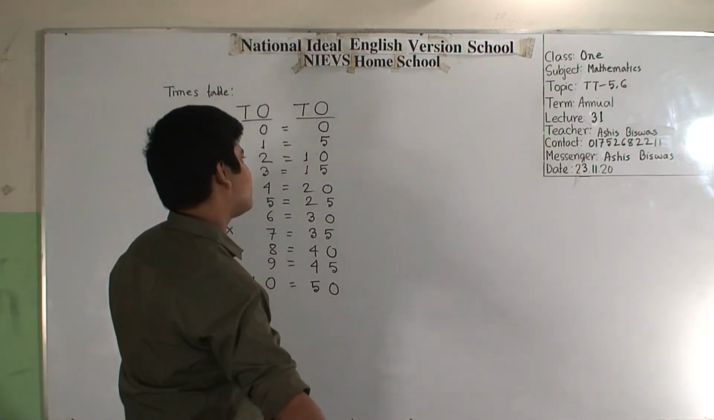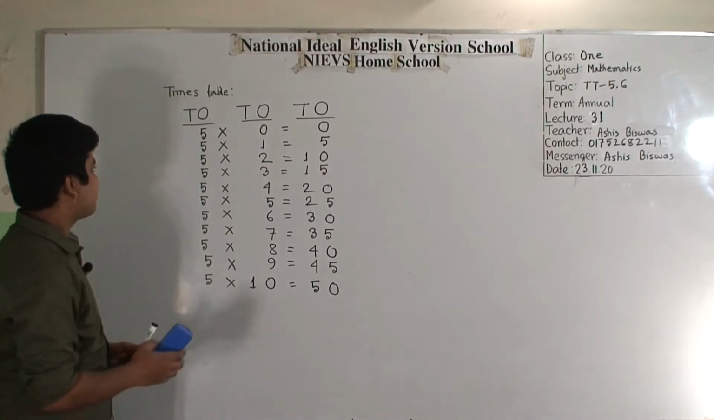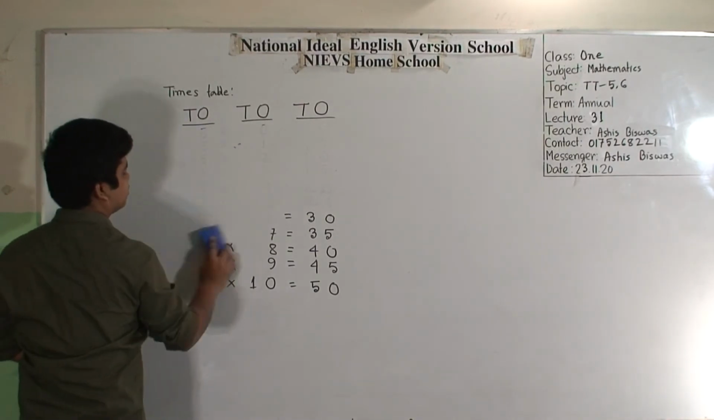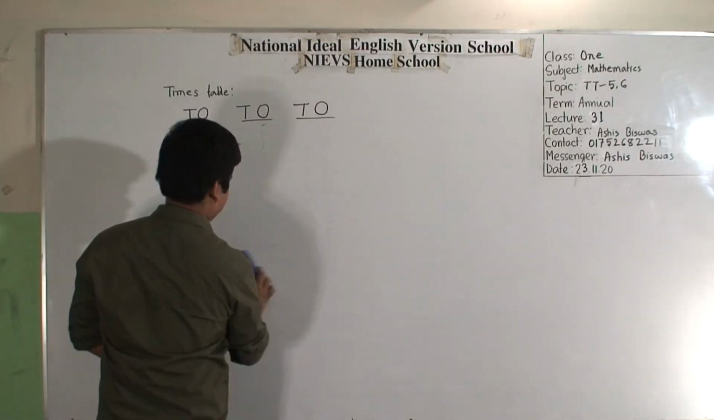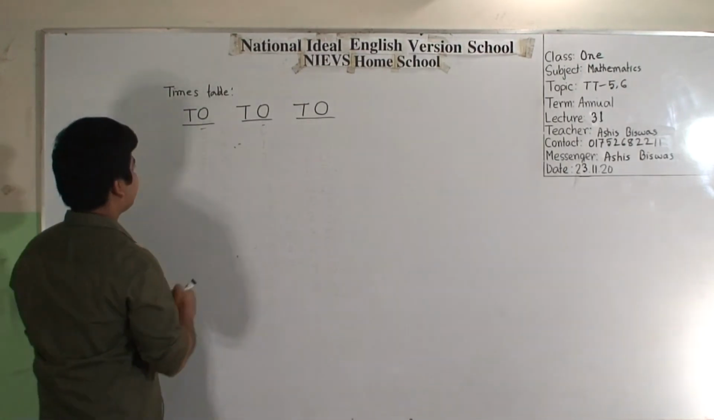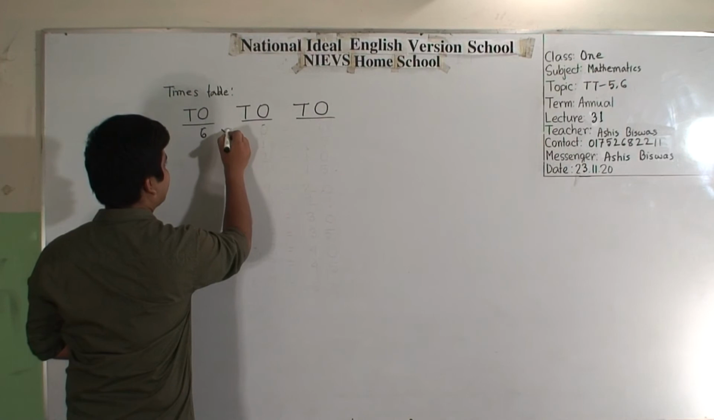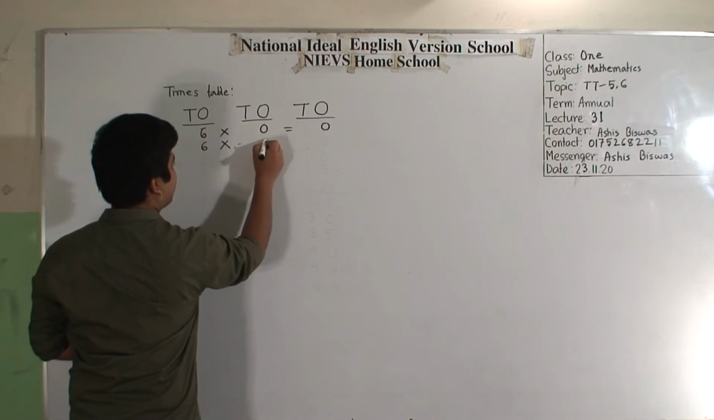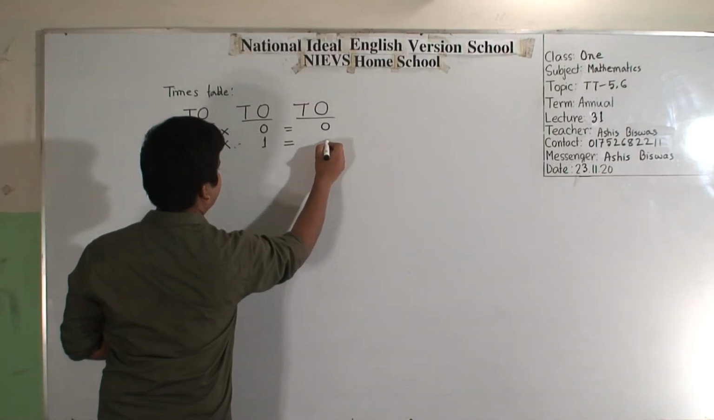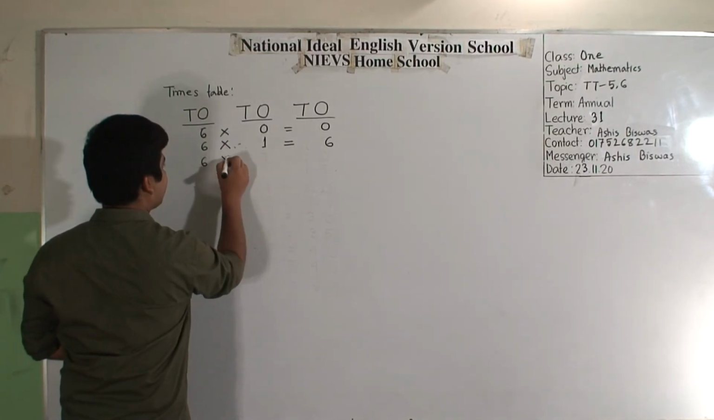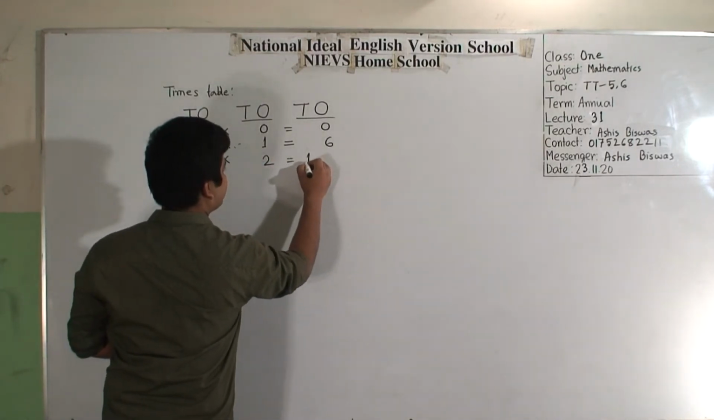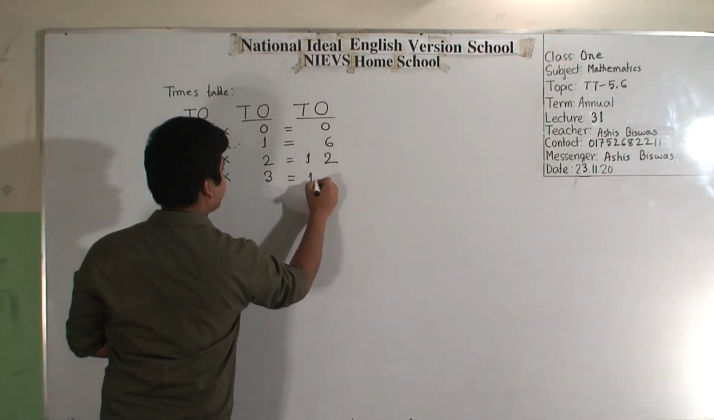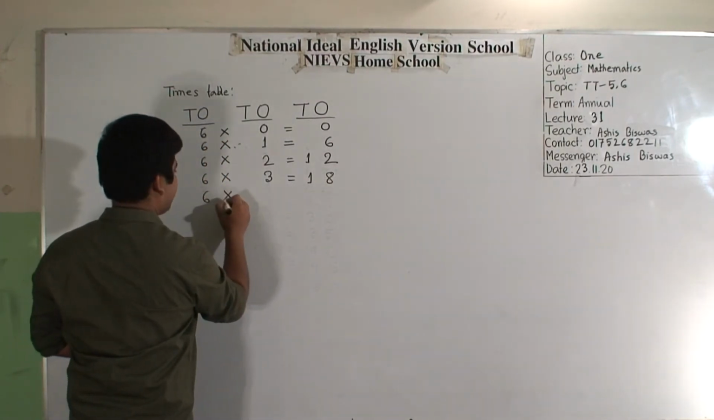In order to write times table 6, we erase times table 5. Okay, now write here 6 multiply 0, 6 zeros are 0, 6 multiply 1 and we write 6 ones are 6, 6 multiply 2, 6 twos are 12, 6 multiply 3, 6 threes are 18, 6 multiply 4,